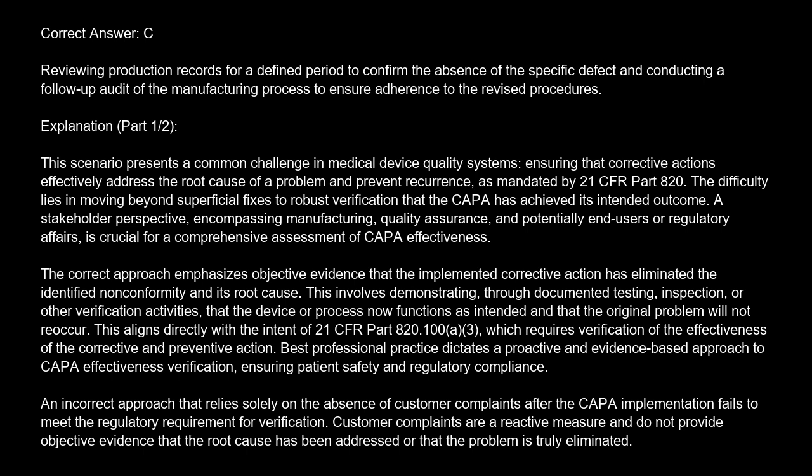Explanation. This scenario presents a common challenge in medical device quality systems, ensuring that corrective actions effectively address the root cause of a problem and prevent recurrence, as mandated by 21 CFR Part 820. The difficulty lies in moving beyond superficial fixes to robust verification that the CAPA has achieved its intended outcome. A stakeholder perspective, encompassing manufacturing, quality assurance, and potentially end users or regulatory affairs, is crucial for a comprehensive assessment